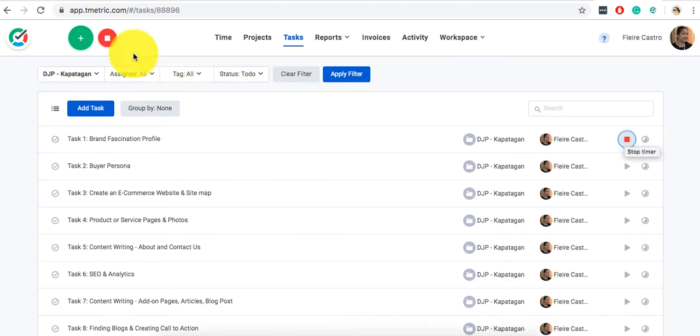Okay, so as you can see, it's now trying to log my time, and it means that I started working on the brand fascination profile, which is task 1. So while you are working on your brand fascination profile, once you start work, you click timer, and it will let you log the time or the minutes or hours that you spend on a certain task. Now once you're done, all you have to do is hit stop,